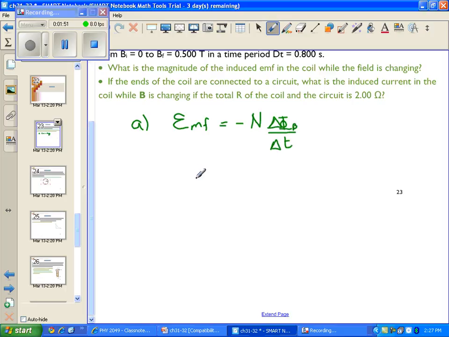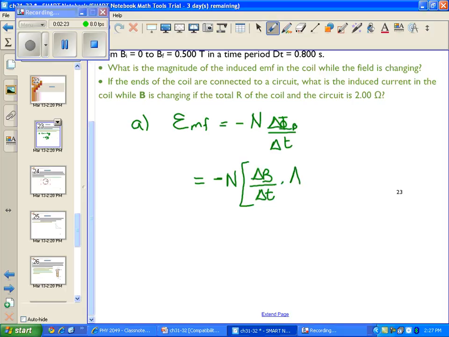So the next thing we want to ask ourselves is, what is it that's changing in the magnetic flux? Well, of course, the change is not the change in area, it's the change in the magnetic field through the area of the coil. And that change in the magnetic field can be calculated as delta B over delta t,